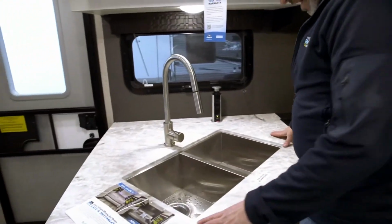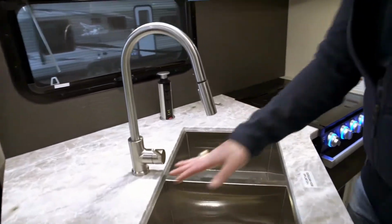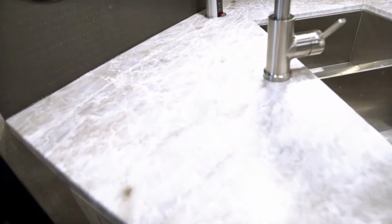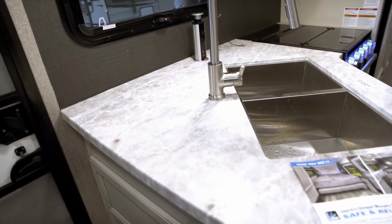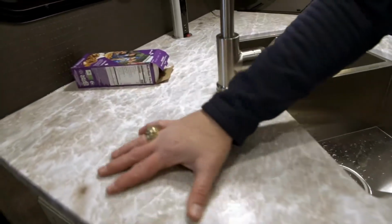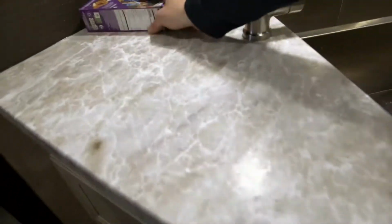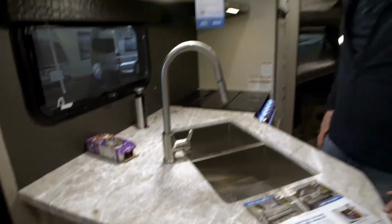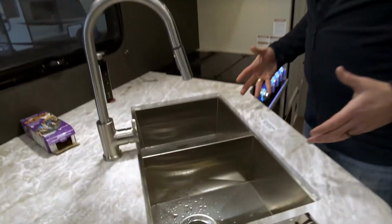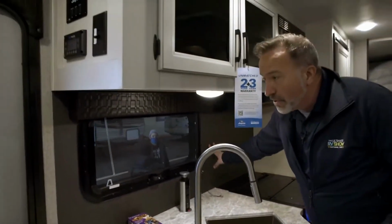Solid surface countertops too. I love these. Not only are they decorative, I don't know if you can see on the camera. Kev, see if you can get in there and kind of see the texture. Look at the texture that's there. It's iridescent, I guess is a good way to put it, but it looks almost 3D. You got the undermounted farmhouse style sink, 50-50 split with the pull down sprayer,